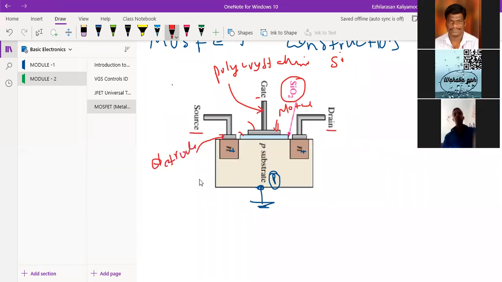Now we learned about the gate of a junction field effect transistor, that is the JFET, which must be biased in such a way as to reverse bias the PN junction. But with the insulated gate MOSFET device, no such limitation is applied. Very important, keep it in mind: for JFET you need to apply reverse bias only, but in the MOSFET there is no such limitation. You can even apply forward bias also. Either polarity can be positive or it can be negative.